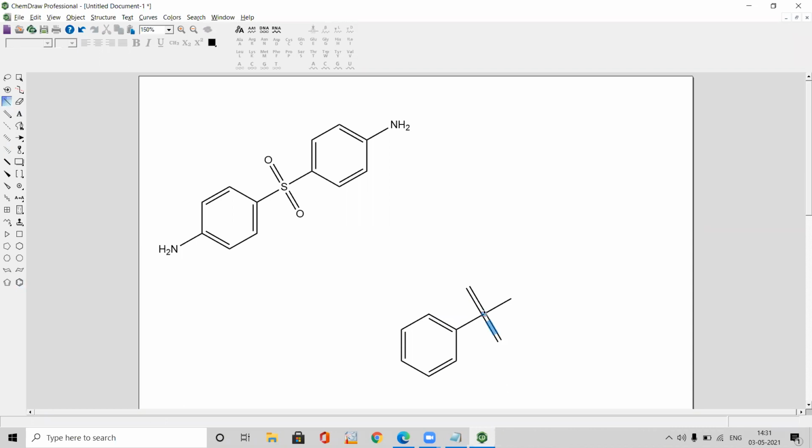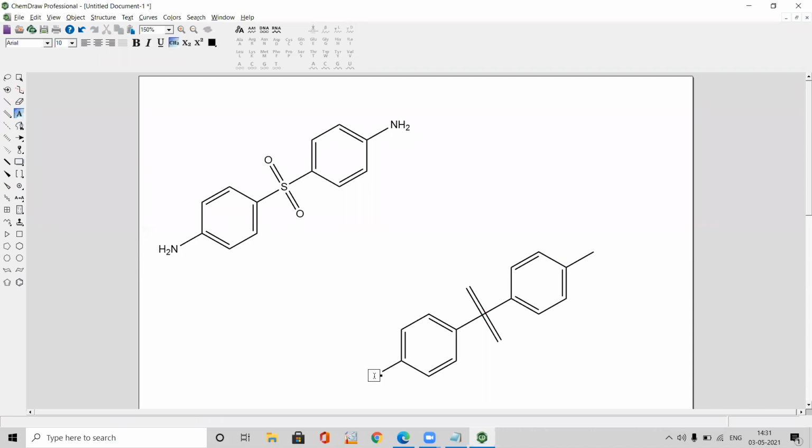See here, red color indicates there is some error in the chemical structure, whether it may be bond angle or it may be valency. It will show this type of error that we need to understand. So now let's introduce the atoms by selecting the text icon.